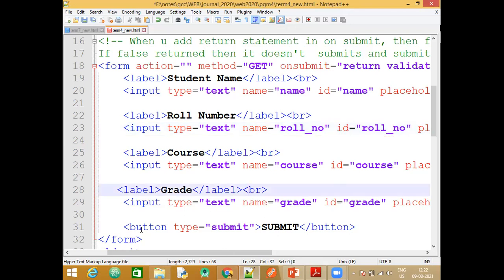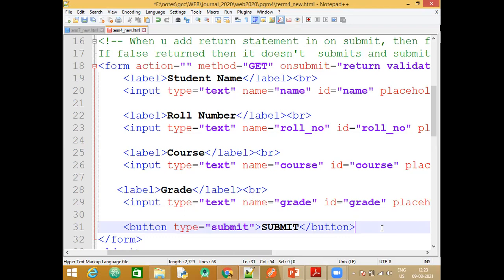Now, last important part here in the form is, have a look at this last statement. Button type, I have said. I have not said input type is equal to button. Even that is there; input type is equal to button will also work. Whenever we say input type is equal to button, we will also have to give the value, like what text should come on that button. We do not want that.